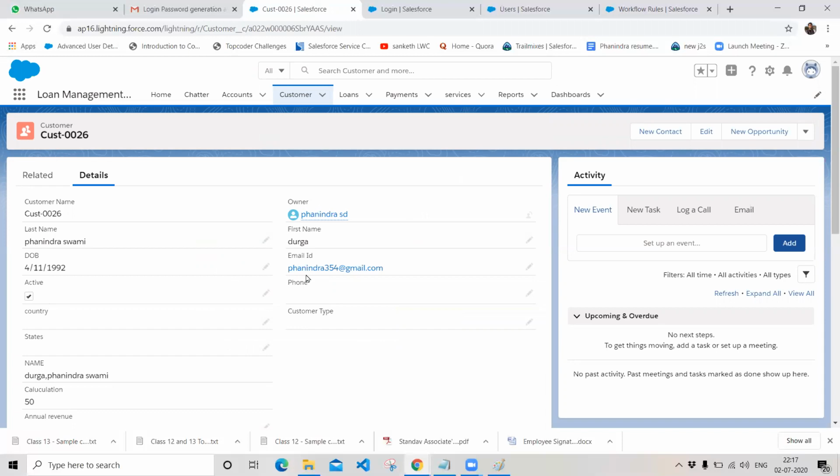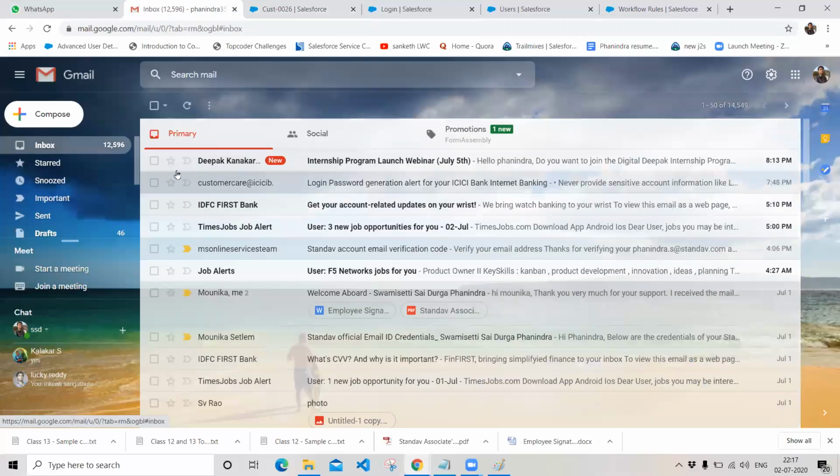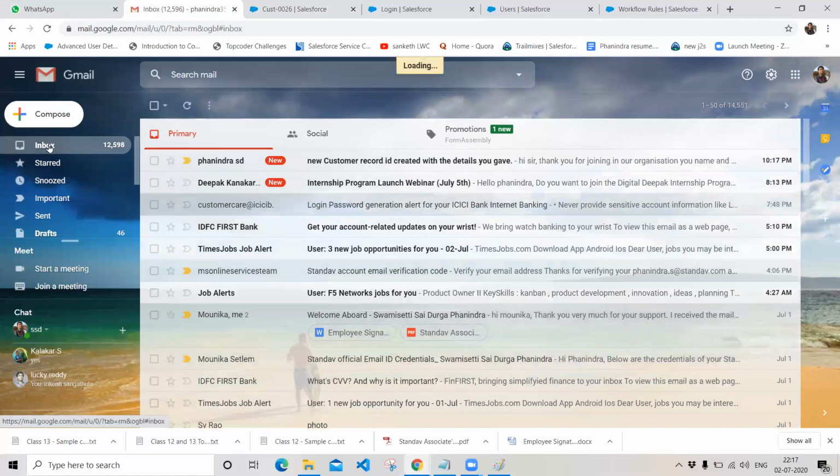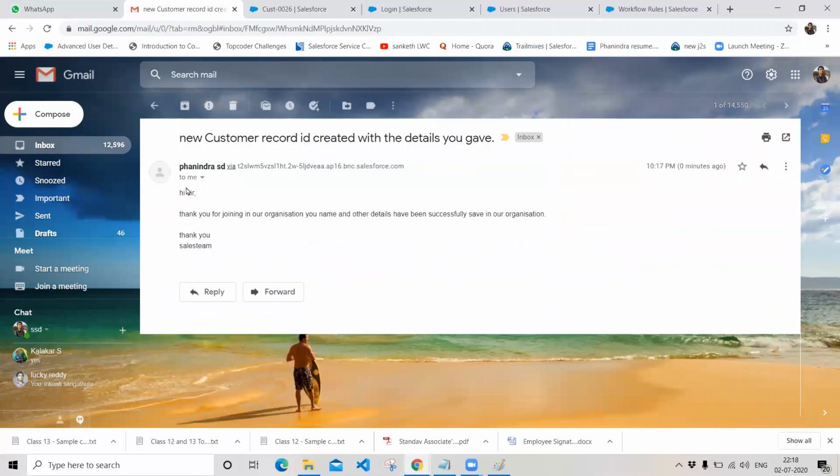And we have defined an automated workflow action saying that whenever a record is created with the customer active status true, which means the checkbox is enabled, send an email to this email ID. So let's go to this email ID and check whether we have received the appropriate mail or not. Let's go back to the references and click on inbox, and we haven't received the mail yet. See, we have received a mail from the Salesforce organization, and click on the mail.